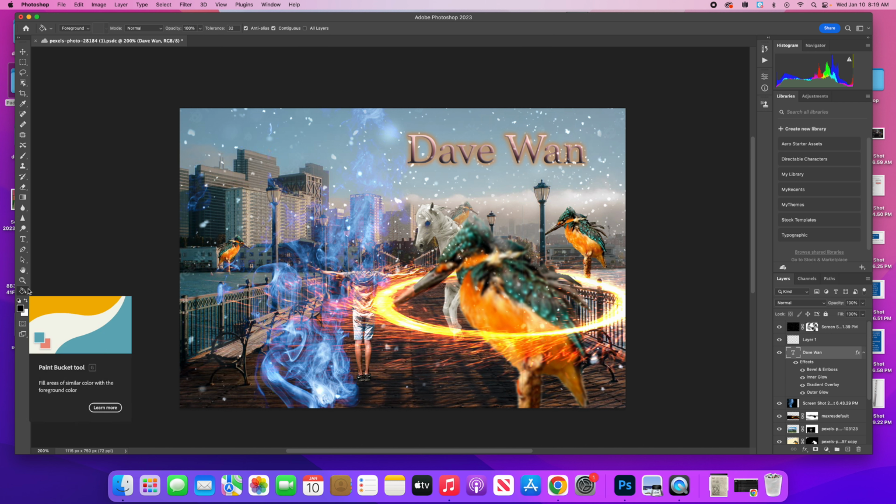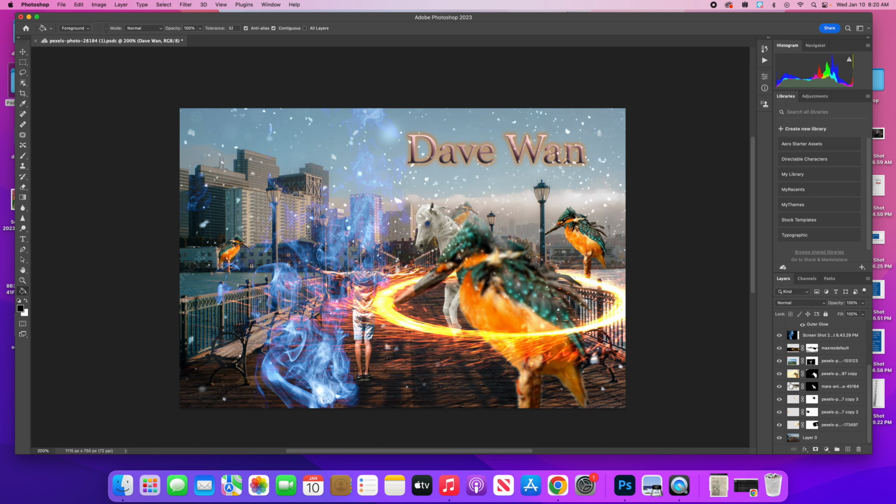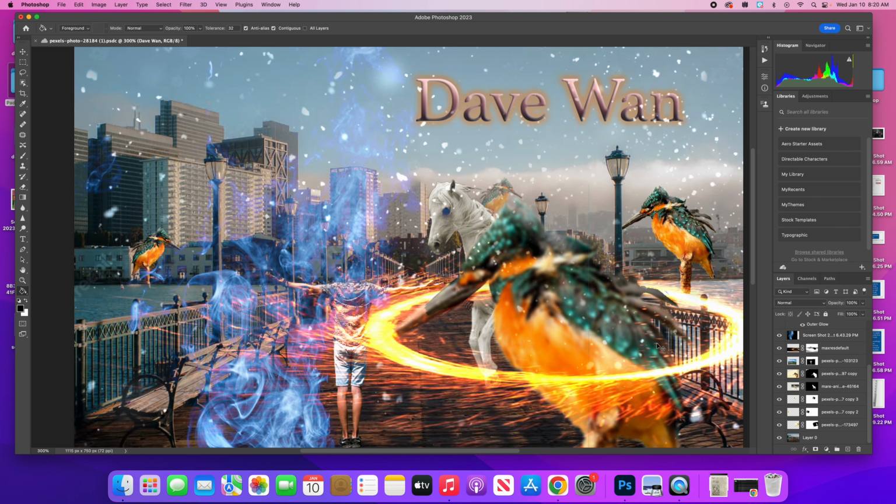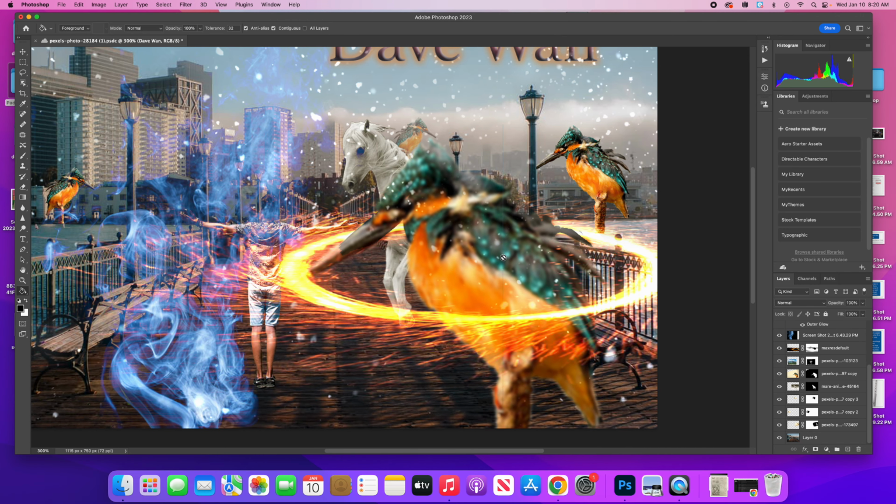And then another thing you can do too is blending options on your characters as well. So for example, like this bird in the very front. Oh, and one thing you'll notice too is there's a really random line over here. So make sure when you cut out your images, it's coming from this image right here with the person's hands. Just make sure you clean that up. That happens sometimes